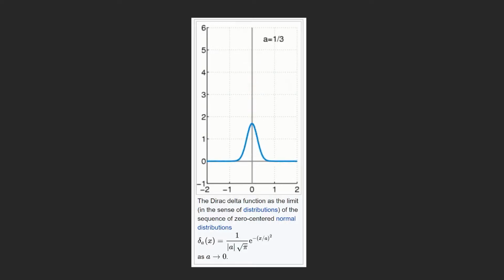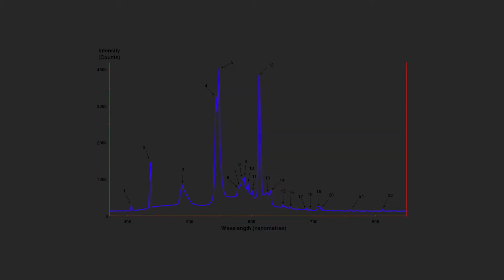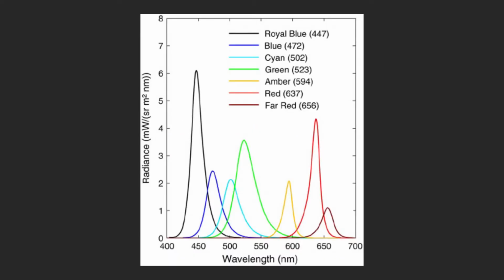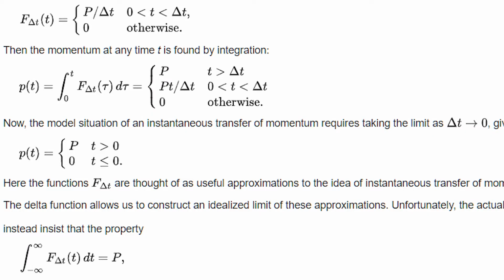A quick introduction to the Dirac delta function. It is used to model the density of an idealized point mass or point charge as a function which is equal to 0 everywhere except at 0 and whose integral over the entire real line is equal to 1. Yeah, I know it's hard to understand, but let me make it simple. In optics, the Dirac delta is regarded as a kind of weak limit of a sequence of functions having a tall spike at the origin. Lasers actually have a little bit of bandwidth, but they are extremely narrow.